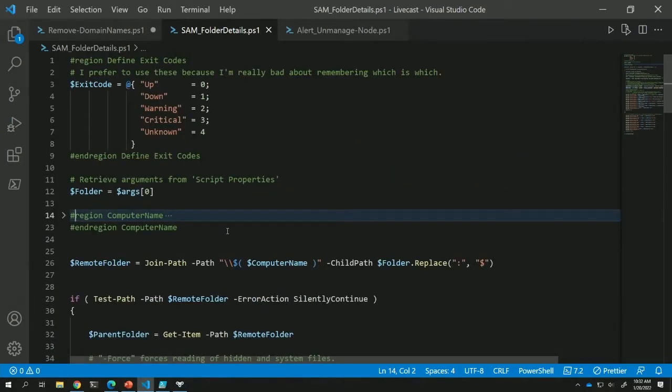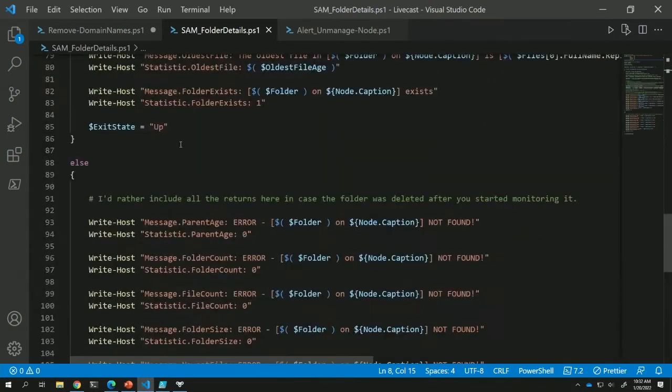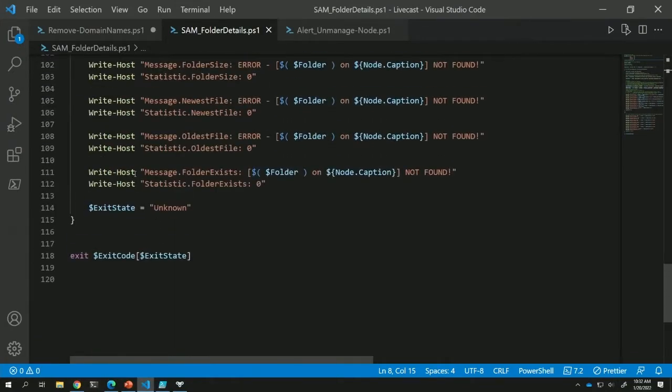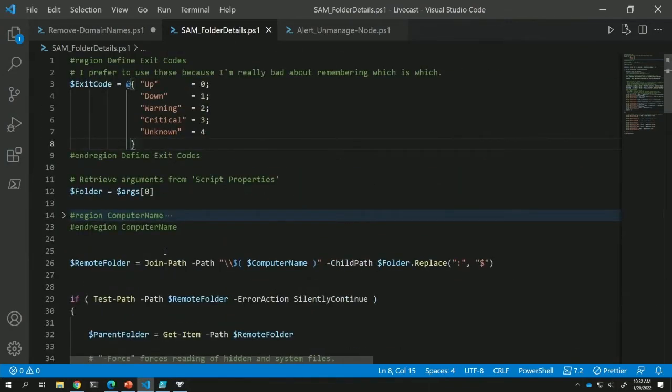When I talked about exit codes, this is the way I wrote it. Oh, wow, this is definitely a copy and paste. So this is how I do it. You can just commit these numbers to memory if you want, or constantly look them up. I just decided to build it into this element that's called a hash table. So all the way at the end, I can assign a language exit state, and then just exit with the exit code from the exit state. You can do it a number of different ways. You can also just do exit 0 or exit 1 or exit 2 or 3 or 4. Any of those work fine.